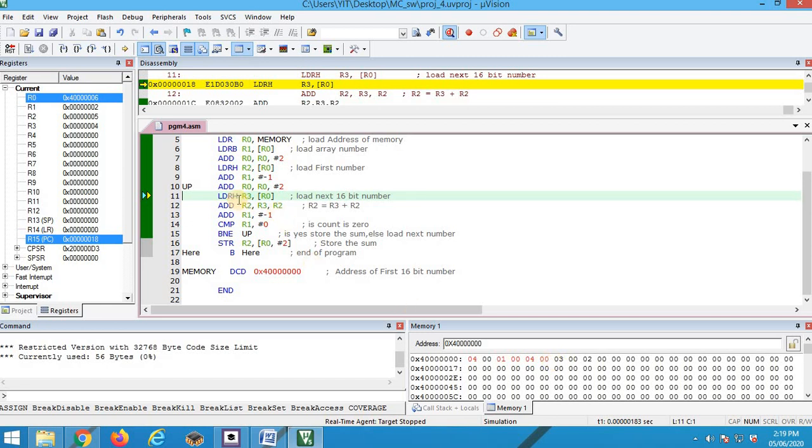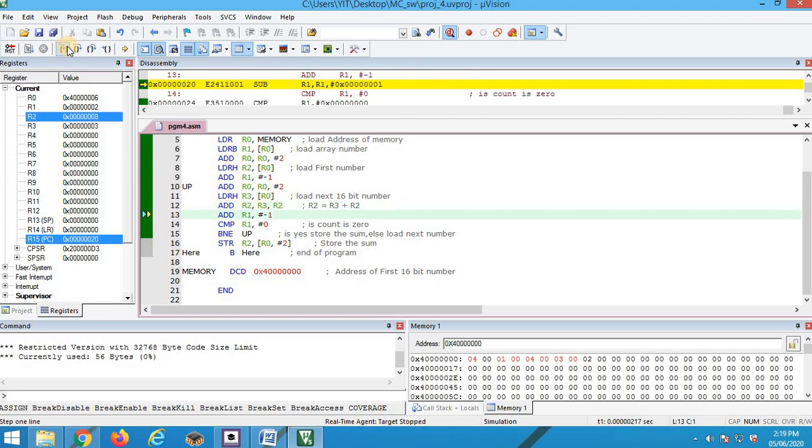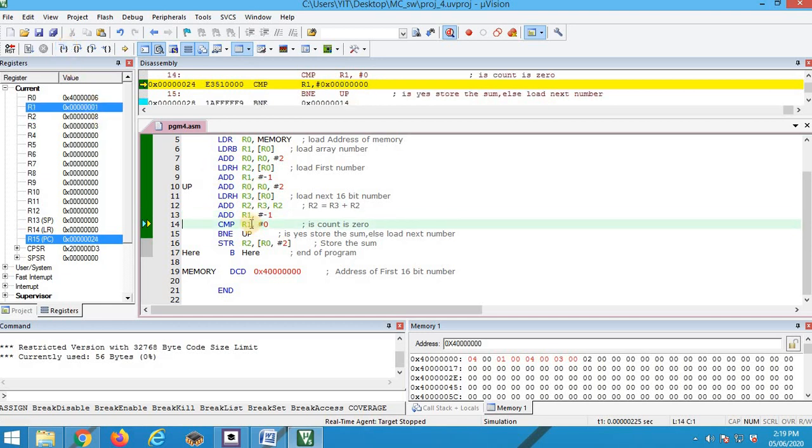Then the pointer is incremented once again so that it points to the next element of the array. This 3 is loaded into register R3, so R3 becomes 3. Next, ADD R2, R3, R2. What is R2? 5. R3 is 3. 3 plus 5 is 8, which is stored back in R2. So 3 numbers are added, remaining numbers are 1. That's why the count is decremented by 1. Compare R1, 0. Have we finished adding all the numbers?